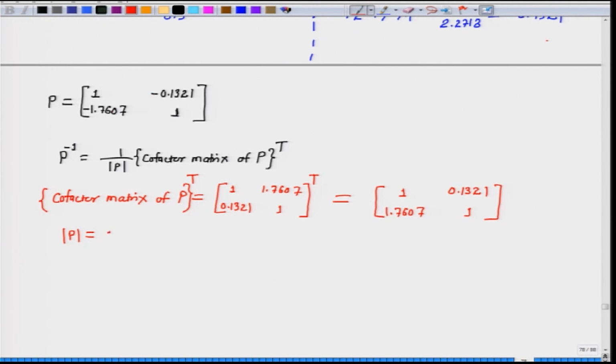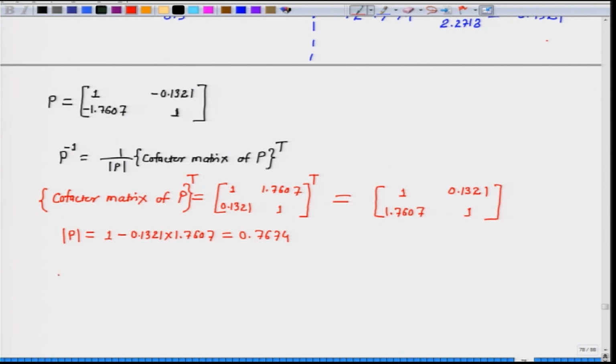So, this will be 1 minus 0.1321 times 1.7607, which comes out to be 0.7674. To find P inverse, we divide the transpose of the cofactor of P by the determinant of P, and so